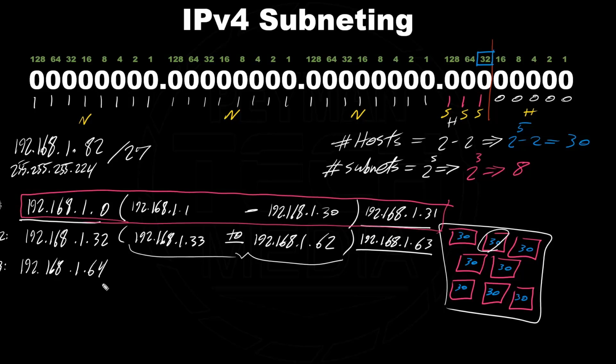So 64 plus 32, that's 96. 96 plus 32, that's 128. 128 plus 32, that's 160. 160 plus 32, that's 192. 192 plus 32, that's 224. And 224 plus 32, that's 256. I'm going to write down here dot 256, and I used a different color because in IP version 4,